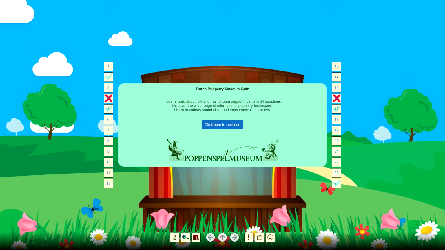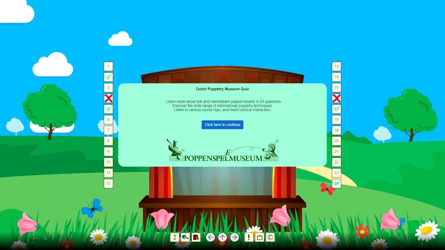Puppetry stage. Each task is accompanied by an inviting image in front of a puppetry stage. A theatre window with raised curtains. The message is clear. The show can begin. The numbered boxes to the left and the right of the puppetry stage can be tapped and are linked to the questions. The theatre decor consists of an exterior puppet theatre situated in green pastures with trees, flowers, and passing clouds.